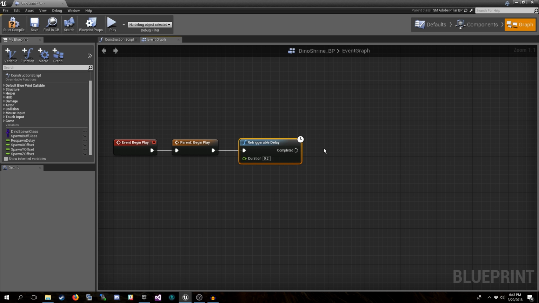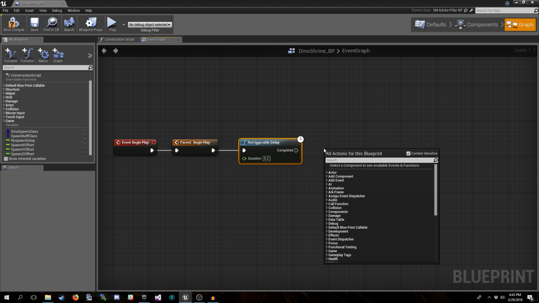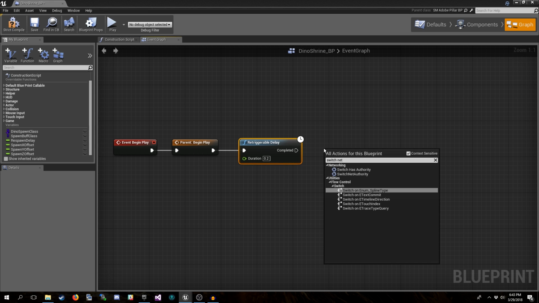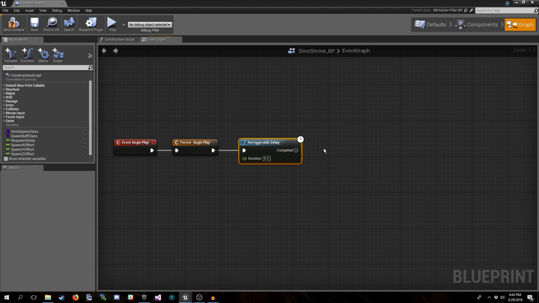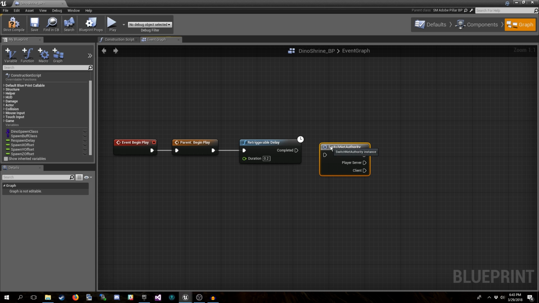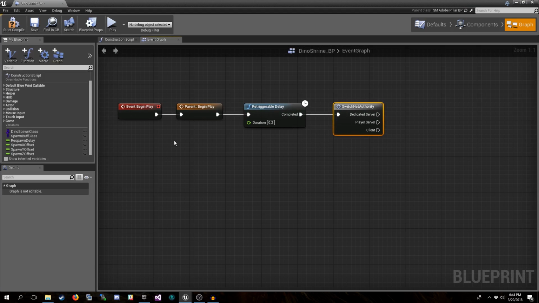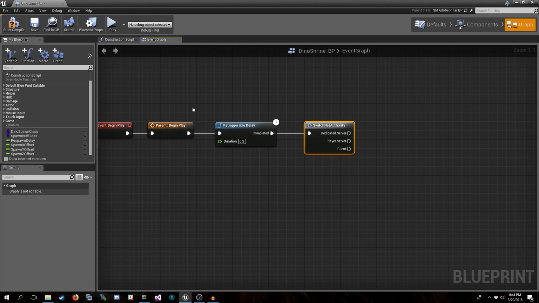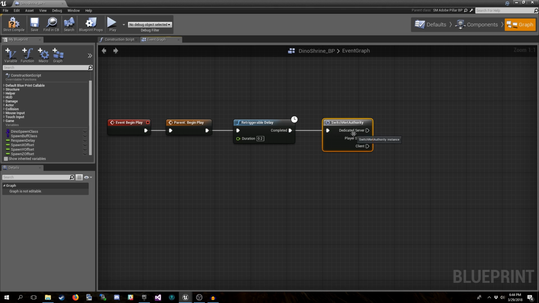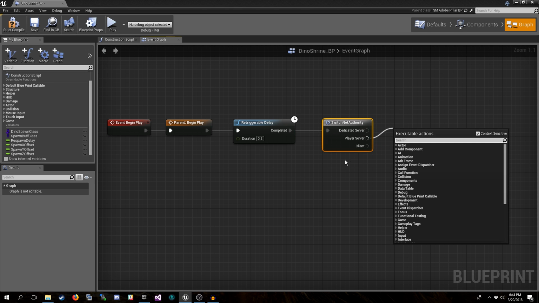Now this next node is related to network code. We'll get a lot more into what these are for and how they work when we do our replication video. But for now, just know that for the most part, your mods are probably going to be used in multiplayer. So anything that's important code, you want to run on dedicated server and player server.